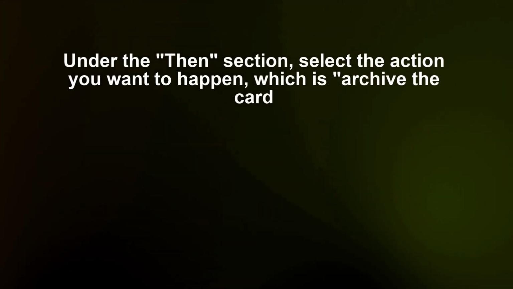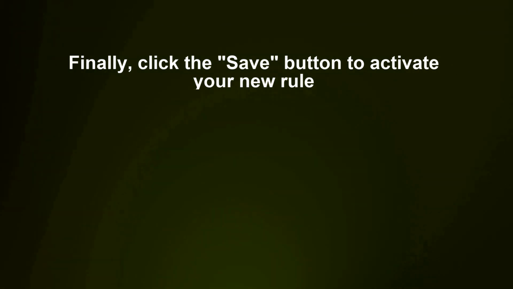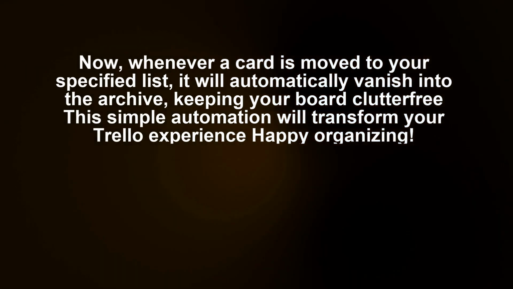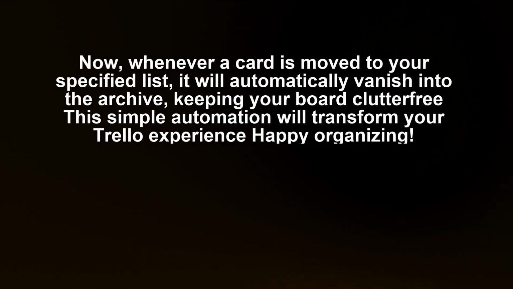Under the Then section, select the action you want to happen, which is archive the card. Finally, click the Save button to activate your new rule. Now, whenever a card is moved to your specified list, it will automatically vanish into the archive, keeping your